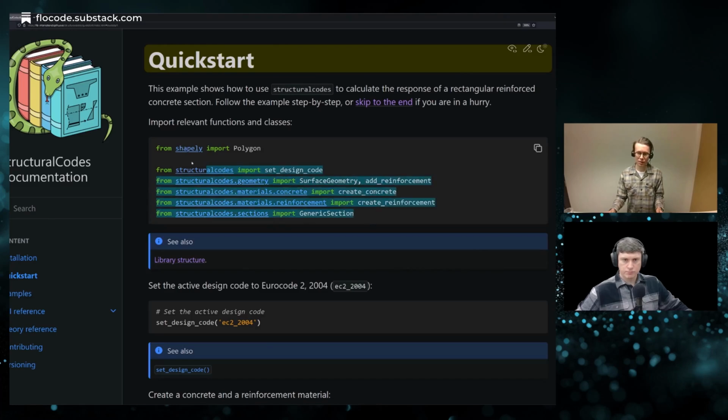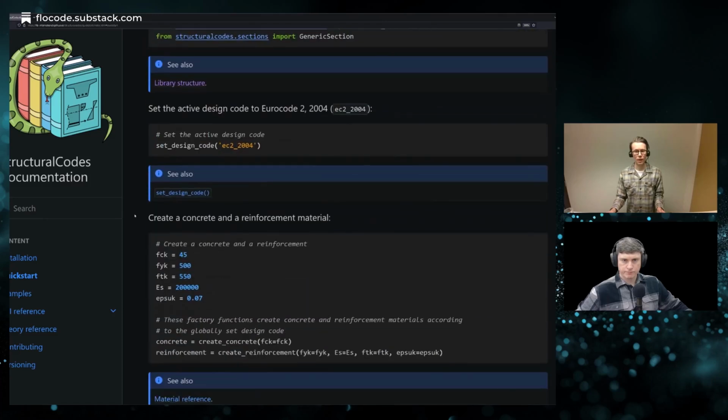So first, in this first block here, we import Shapely, which is a library for drawing geometries, and we import various parts from the structural codes library. In the next block, we set the active design code. This is a factory function, or not just a factory function, but it kind of sets a global pointer to the active design code in the library.